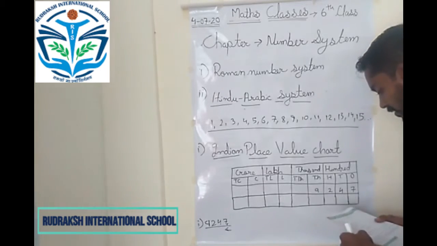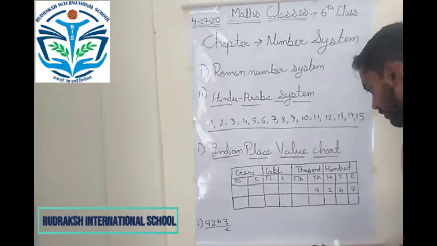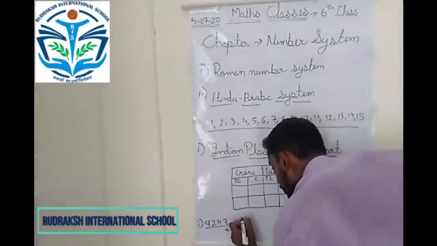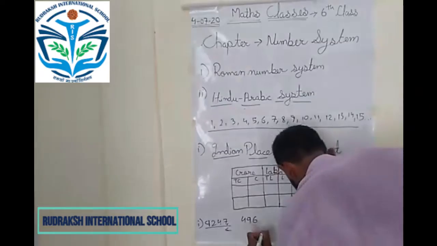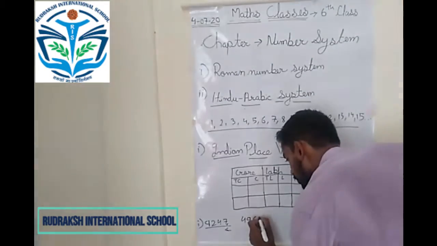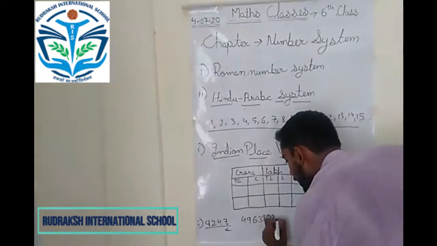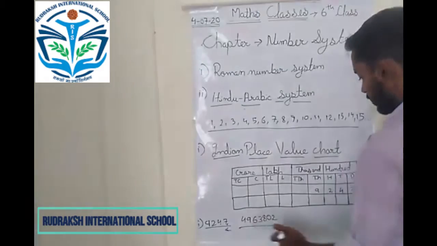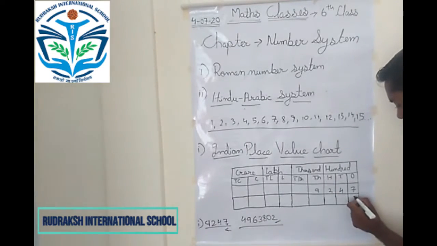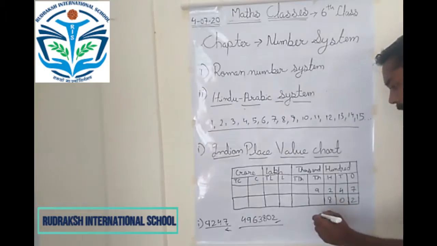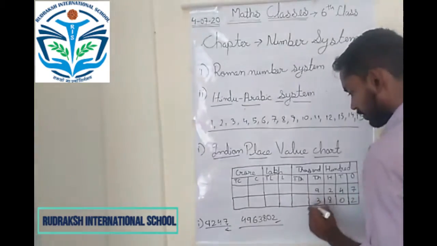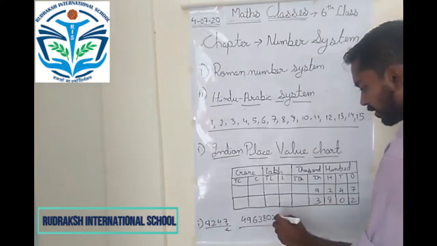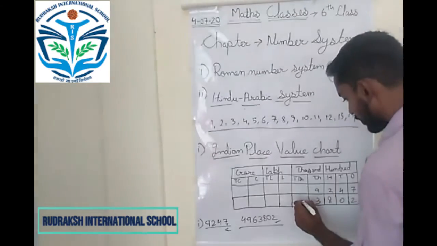For example, now we are having another number, like 496382. How are we going to arrange this? You simply have to arrange this number from the back side. So the first number, that is 2, keep the number 2 on the last place, so it will come under the ones digit. Next one is 8, so it will come here. 3 will come on this place, 3 will be going in the 1000 part. Now the 6 will come under 10,000.